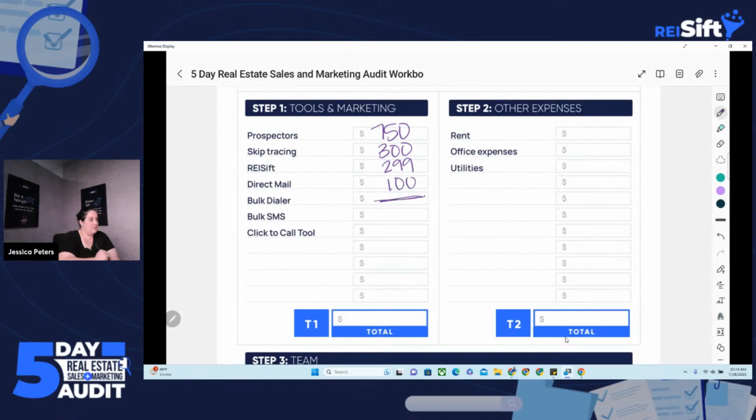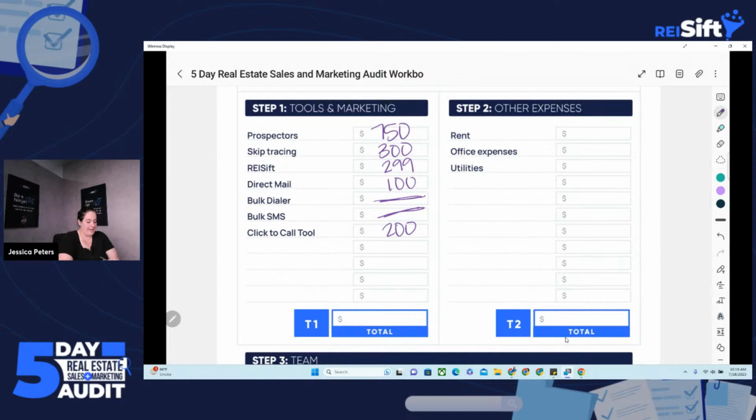Maybe I'm not doing bulk dialing, so you can leave something blank. Bulk SMS, I'm not doing bulk SMS. Click to call tool, so that would be like AirCall or smartphone, or sometimes people are even using something free like Google Voice, whatever you're using. But AirCall and smartphone are the ones that we're integrated with. And let's just say that that cost me